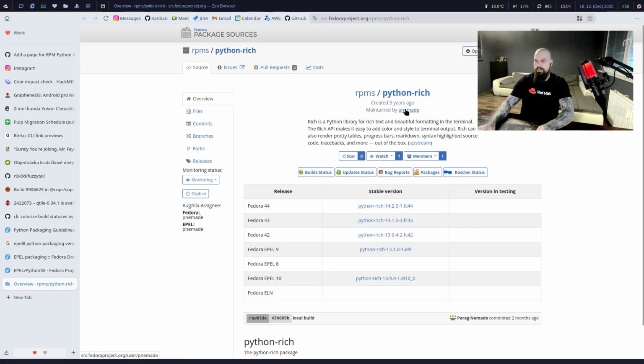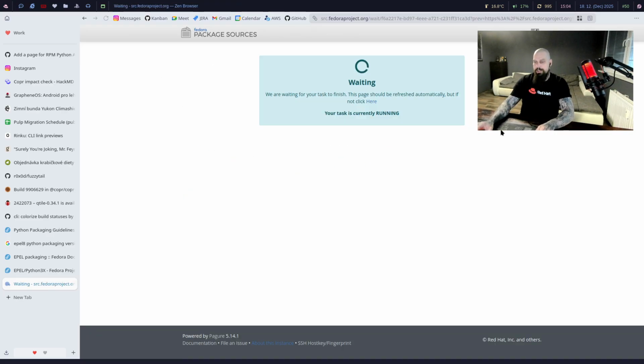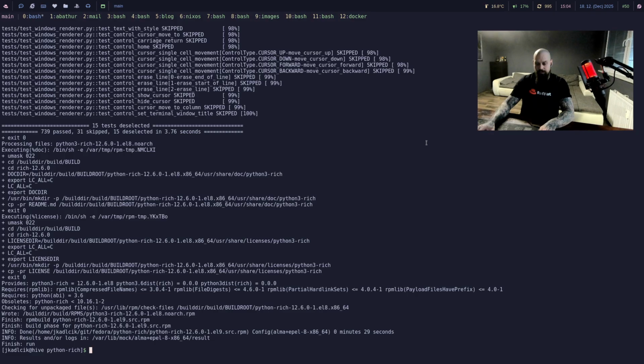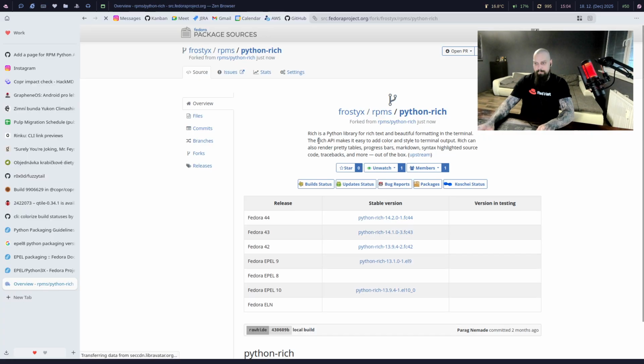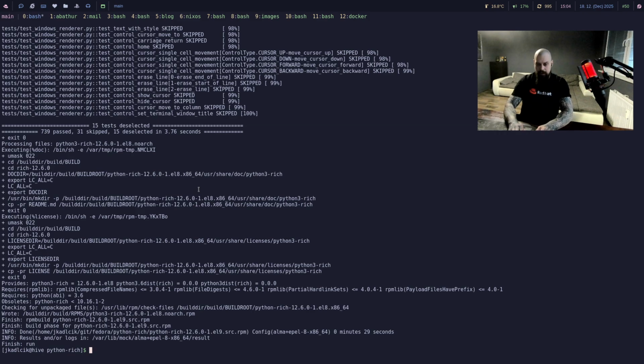So this person maintains the package. This is the main Fedora package. We will need to fork this. We will need to take this clone URL and put it into our